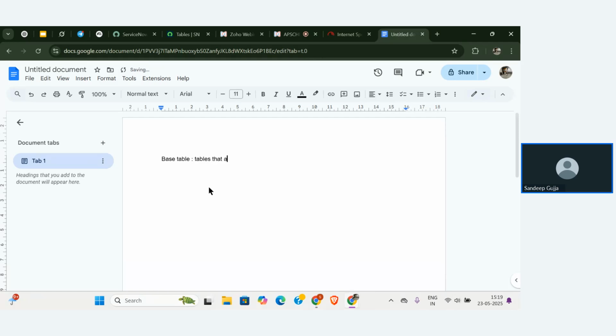Tables that are not extended from any other table are called base tables. Whereas coming to core table,